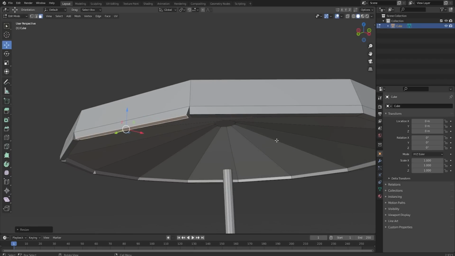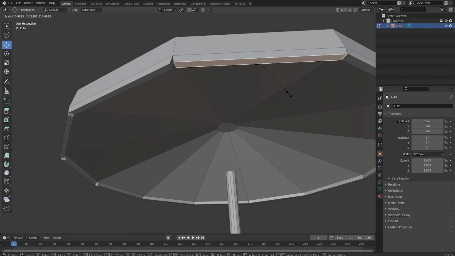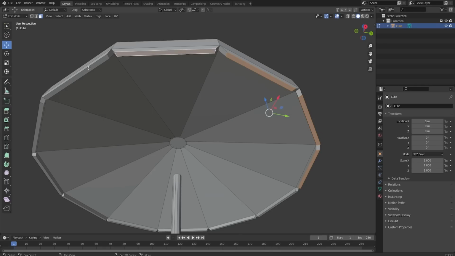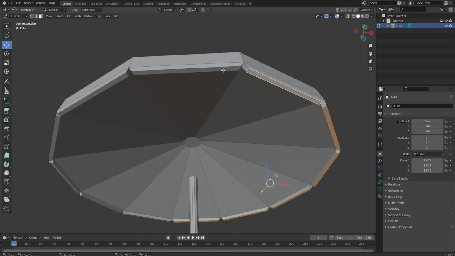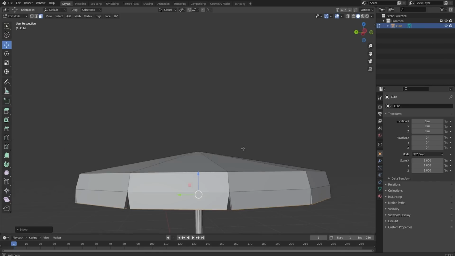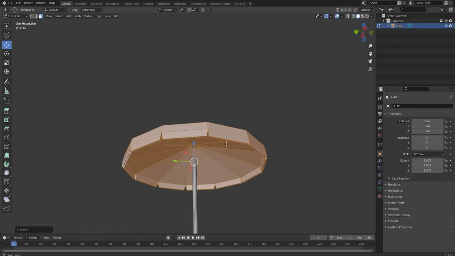Now I don't want all of these to be the exact same scale. I'm trying to give it a little bit of vibe, you know. But yeah, this way's definitely a lot easier. And now I'm gonna grab all of these little flanges. I don't even know what you would call them, but I'm gonna grab all of them and bring them down just a hair more, because I meant to have them a little longer. Something like that. And then we just gotta grab this top with L, bring it down so it matches up